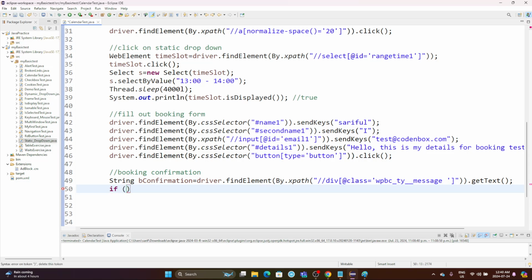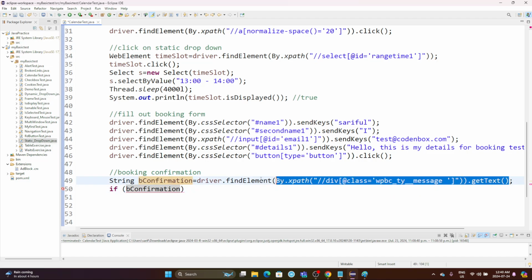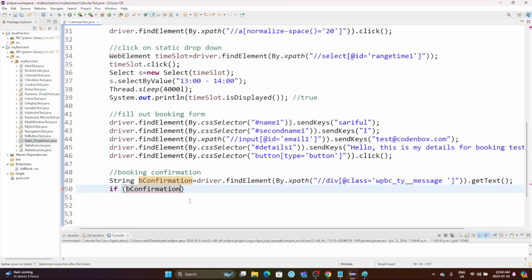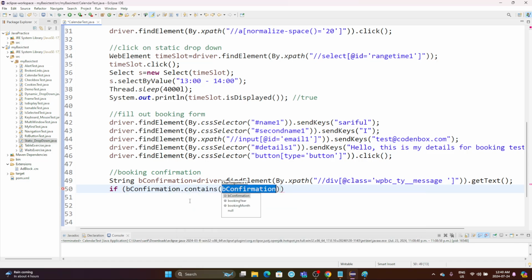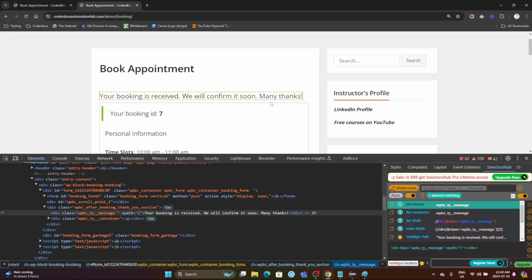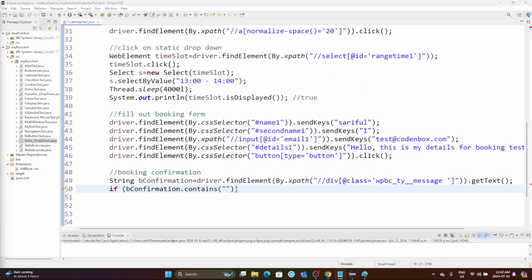If this b confirmation, this variable, whatever the message we get from this locator, contains, so we can say contains, because I don't want to compare the whole long message. I will compare partial. What would be the contains, so let me go there. So let's use contains, a little part, partial. If this locator contains many thanks, then we can say